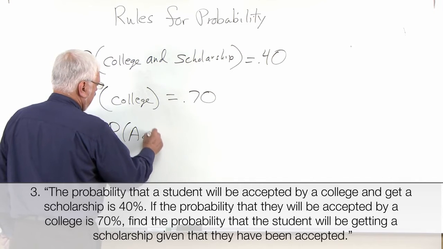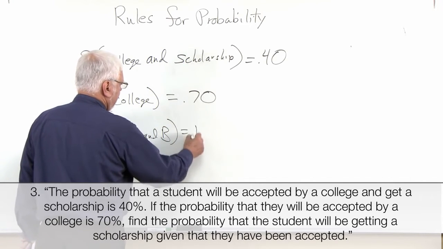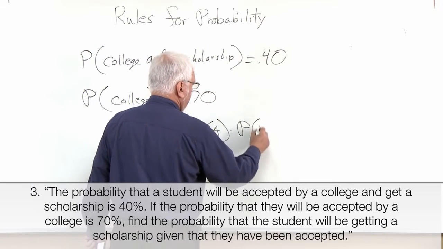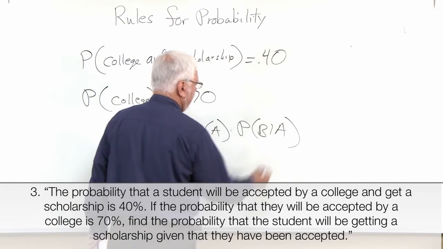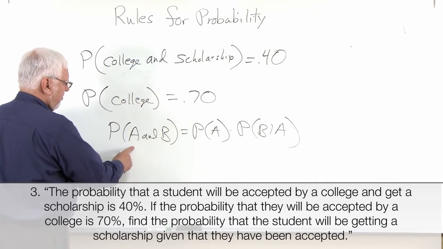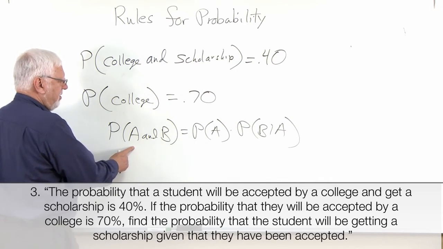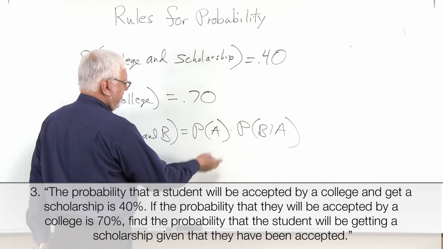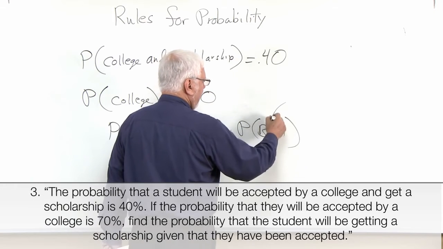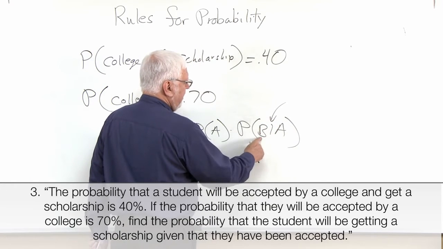Probability of A and B equals the probability of A and the probability of B given that A has occurred. So that's quite a bit different. We know what "and" means. That's the probability that they both will happen. The probability of A is just the probability that A will happen. But this is the strange one. This little vertical line here, the probability of B given that,